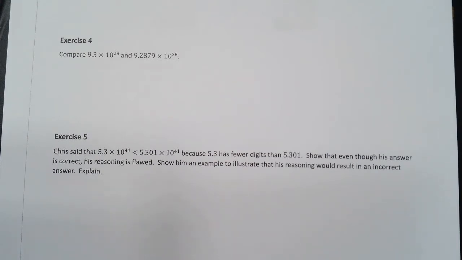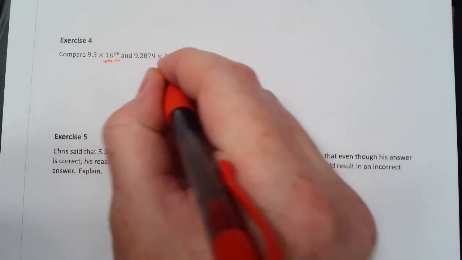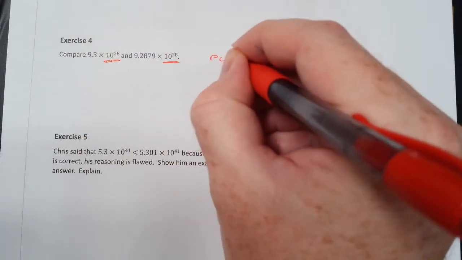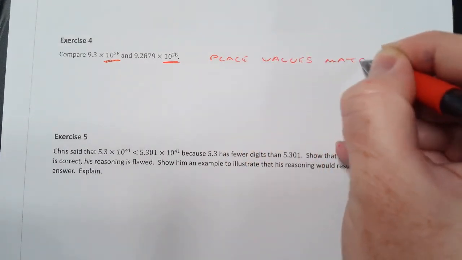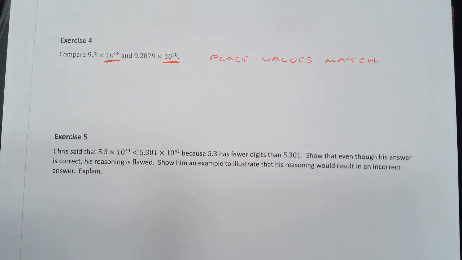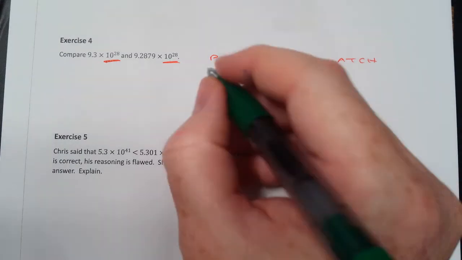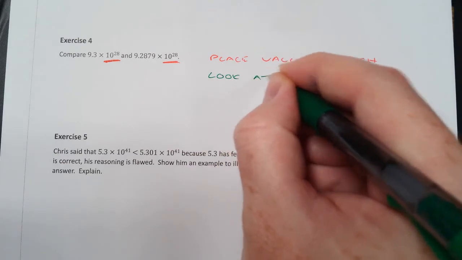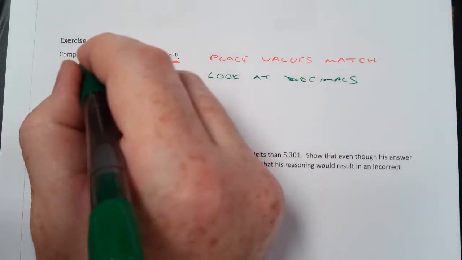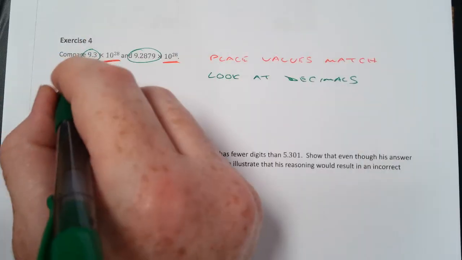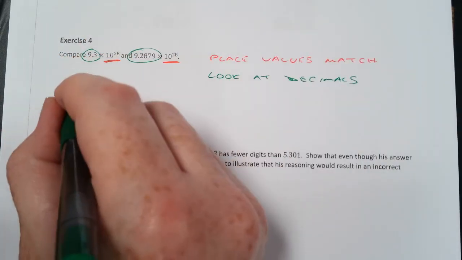Compare these two numbers. Well, let's check. Remember, we're comparing. First thing we should always do is make sure the place values match. Look at the place value. Guess what? The place values match this time. So when the place values match, just go straight to look at the decimals. We have 9.3 and